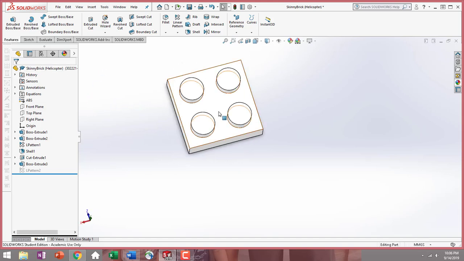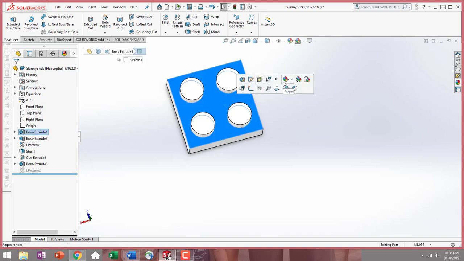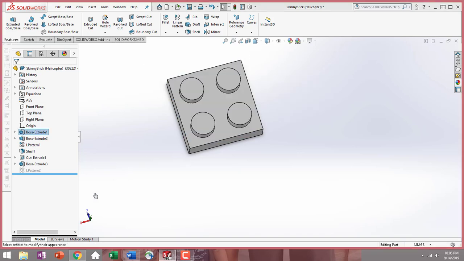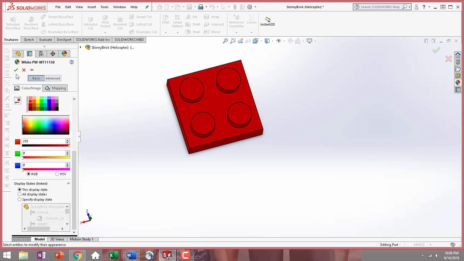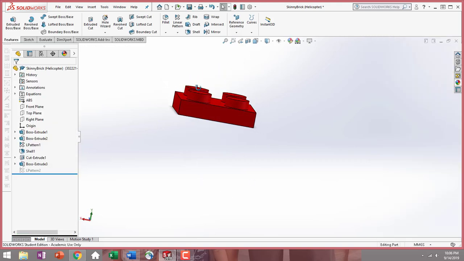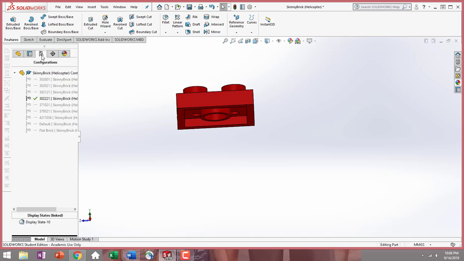So now our part looks good. Let's go ahead and make it red. So select the face, change its body appearance, red, double check we are still in this display state. Go back to your configuration tree. Now we're going to do